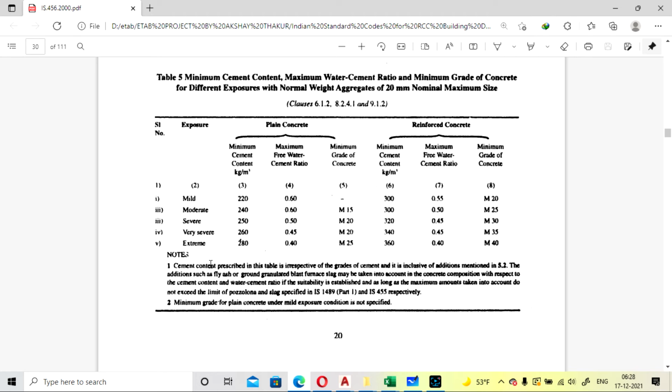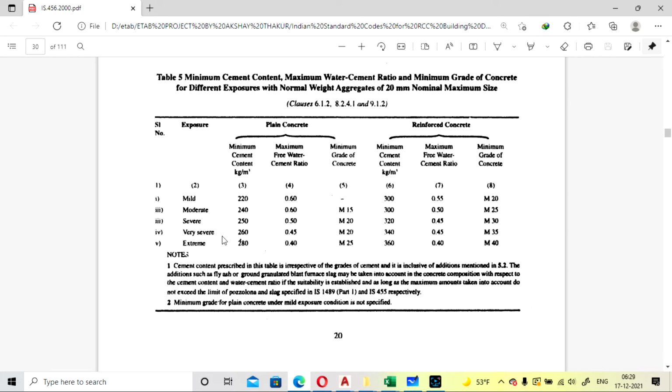these are your exposure conditions. Okay, so this will depend on the condition of your site and also the weather conditions. Okay, whether there is extreme air or wind, it will depend on that. For mild we generally take the cover of 20 mm, for moderate we take 30 mm, for severe it will be taken as 40, up to 45, for very severe we take up to 50, and for extreme we take around 75. Okay, so this is the cover.